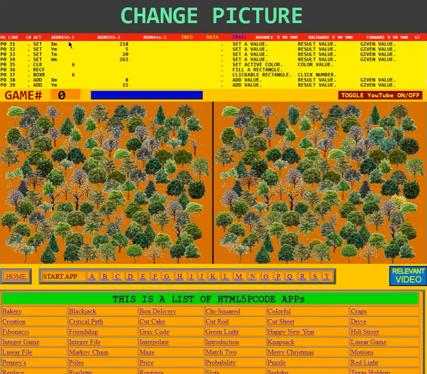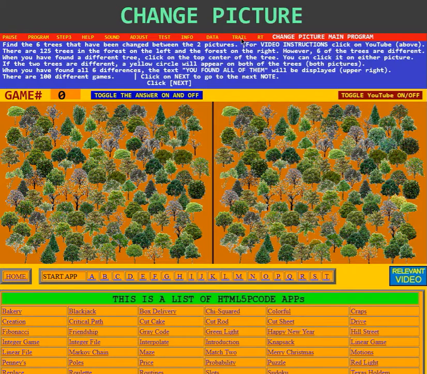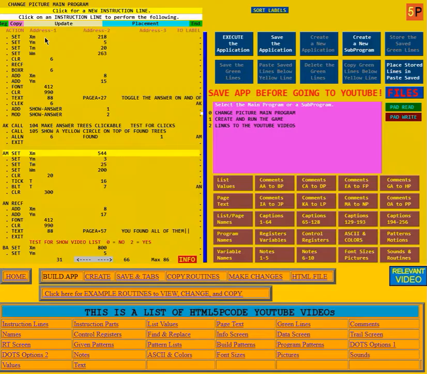Now that I click there, when I go to the program, that's where it's going to go. I'll show you. I'll undo the trail. I'm going to click on the program, and here's that exact line that I clicked on, where it was setting XM to 218. And here's where it's making the blue color for the box, and there it makes the box. There it makes it clickable. And then it puts this text in the box. So now what I could do is I could click here